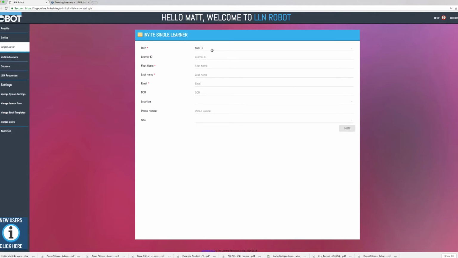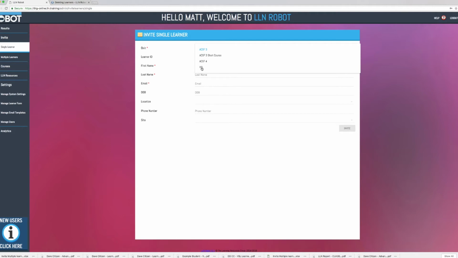This part of the system will allow the system to send an email directly to the learner from you with a link to the quiz for them to participate in. Which quiz they participate in is determined by you selecting the quiz type at the top here. It's important to note at this stage that the Vet Student Loans quiz is only accessible via an invitation via the Invite Single Learner or Invite Multiple Learner module. And that's the only way they can access it, so you can't give them a direct link to the Vet